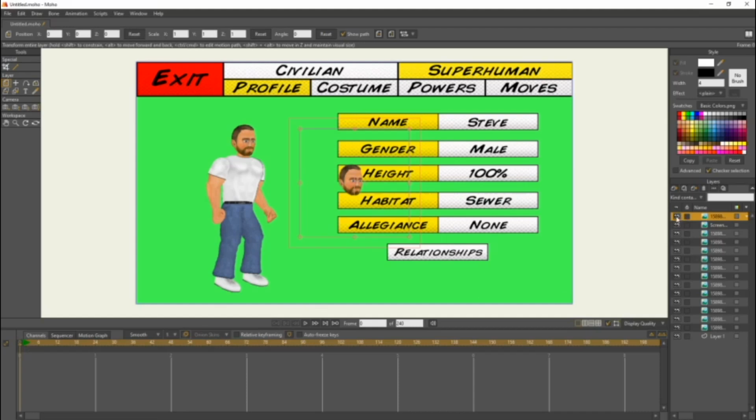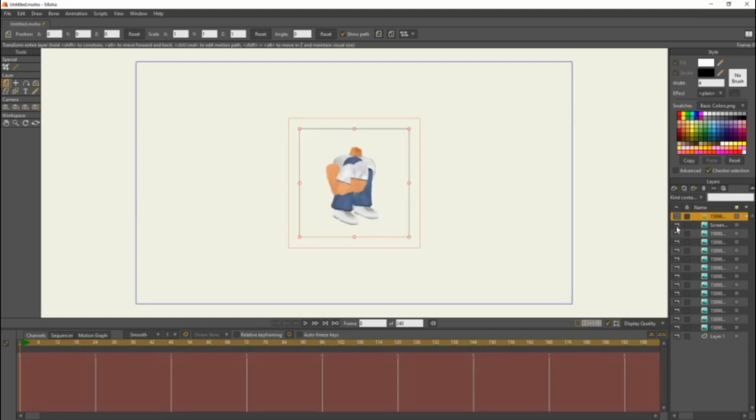But yeah, so once you're on frame 0, make sure you're on frame 0. Come back over here to where you have all your files at. These eyeballs, we're gonna click it, and that hides the picture. So we're gonna click on every single one of them and hide them. Alright, so once you have them all hidden, we're gonna come to this first one, unhide it, and see what that is. So that's the head.